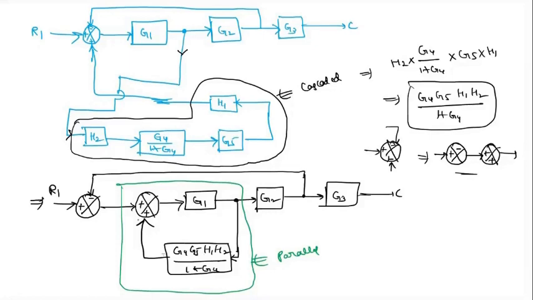For this block, the starting point is this. Both will be plus symbols. Then it is called positive feedback, see here. It is called positive feedback because it's a feedback signal.